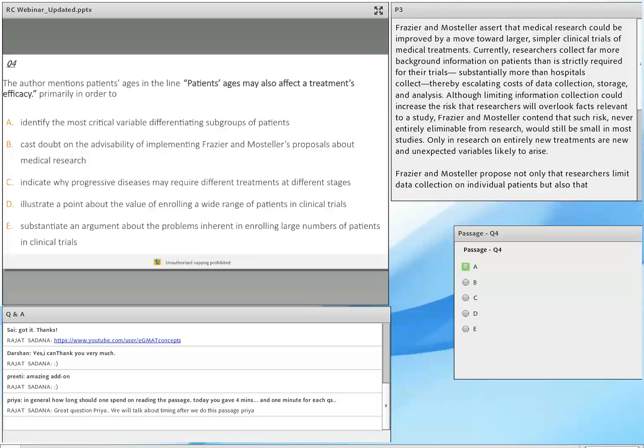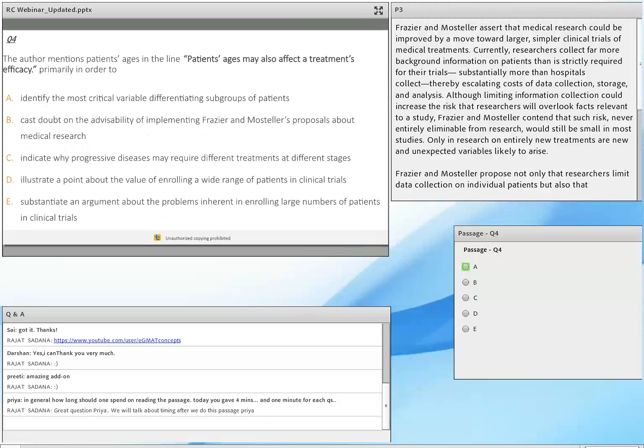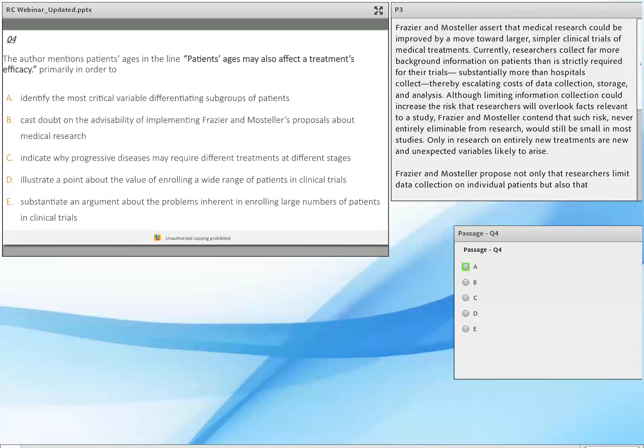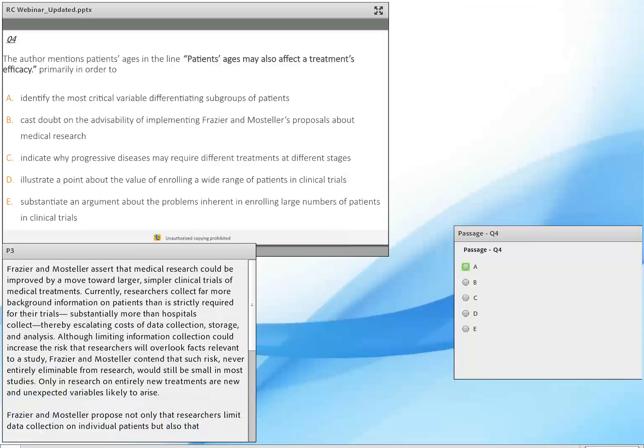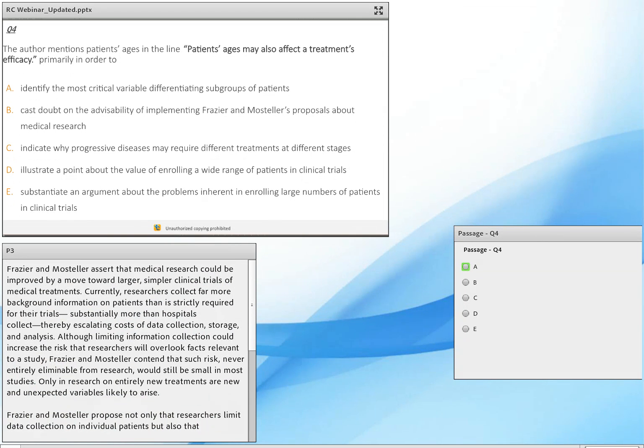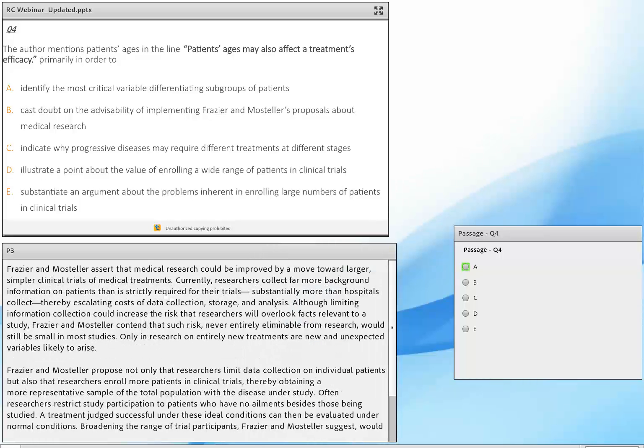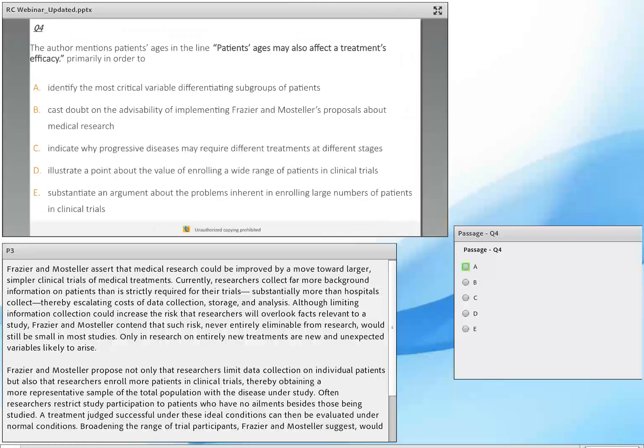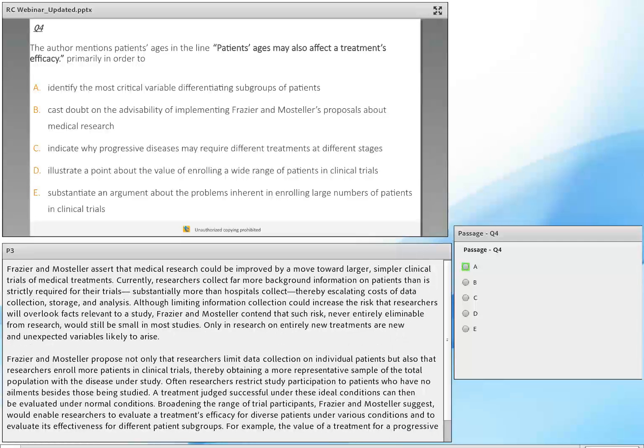And you know what I can do? There's something that I can do. I can expand. Just give me 1 second, guys. I want to rearrange the passage as well as the question, so put them one below the other. That allows me to expand the question pane a bit more. And I'm going to start your timing after that, so don't worry about that. So this probably is a much better view.